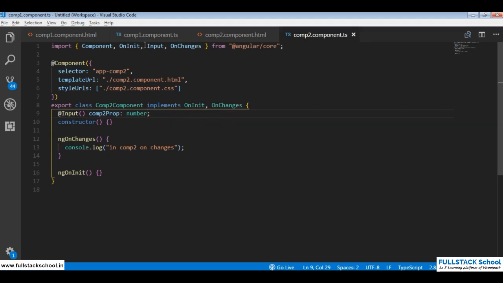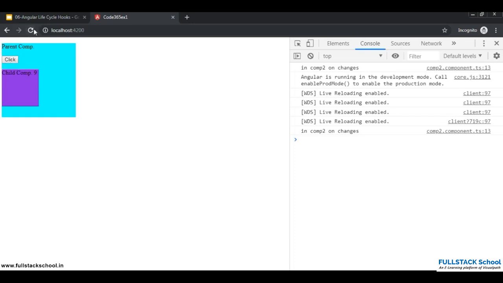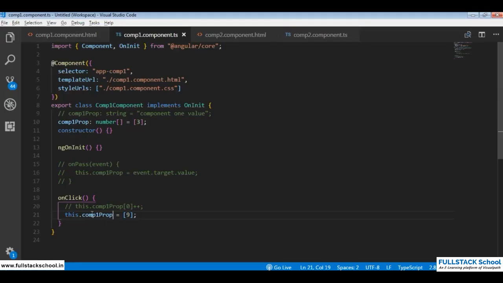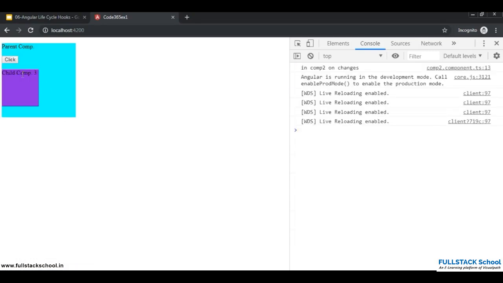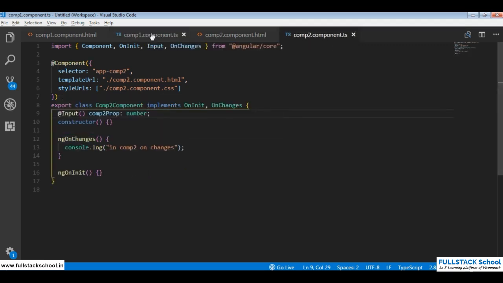And a limitation of this lifecycle hook is it cannot identify, see, when I click on the button, the reinitialization happens successfully, whereas for a change to the existing value, if I click on this, you don't see 3 getting changed. So this is the limitation of the ngOnChanges lifecycle hook